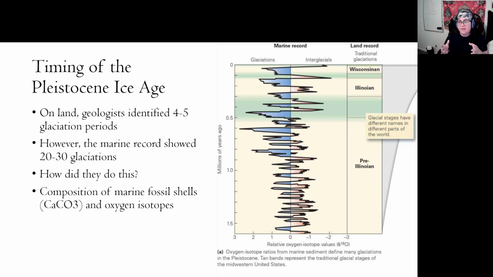most marine organisms like corals and different shells are made up of calcium carbonate. So for this, we're looking at two different isotopes of oxygen: a heavy isotope, which is oxygen 18, and a lighter isotope, which is oxygen 16. During glacial times, there is more